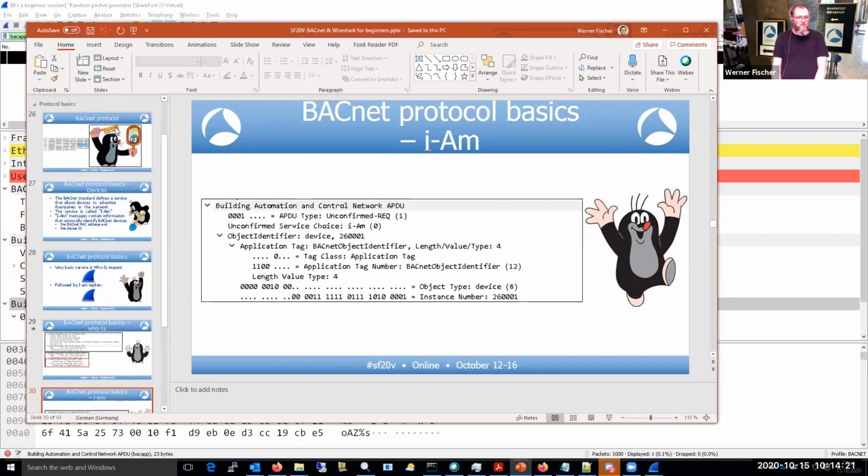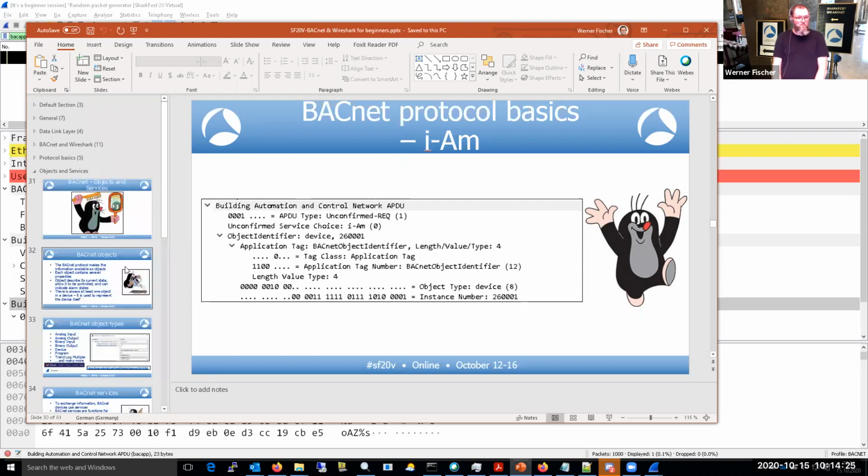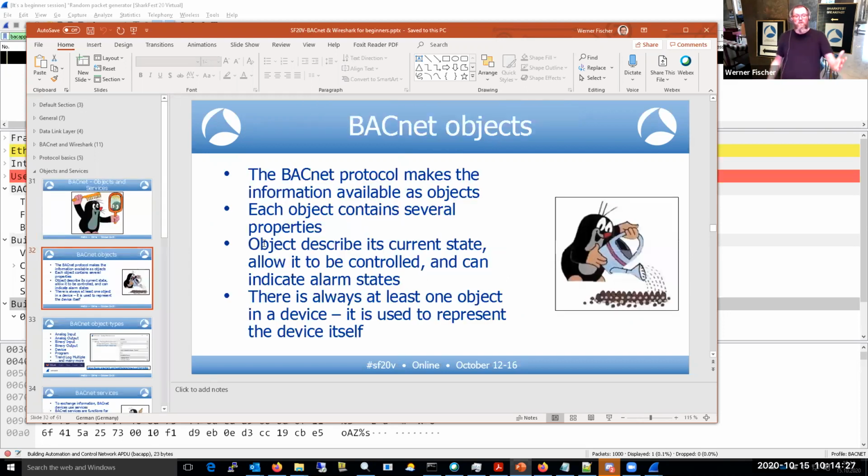But you see in the trace file that we have some objects, yeah. BACnet is based on an object model, yeah. And the last sentence is one object in the device is used to represent the device itself, yeah. For Wireshark,